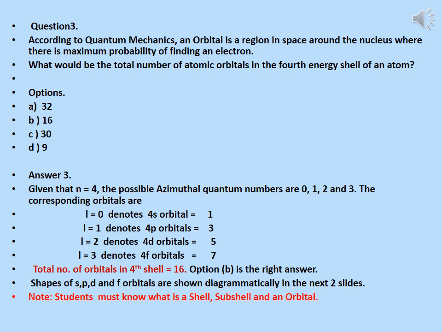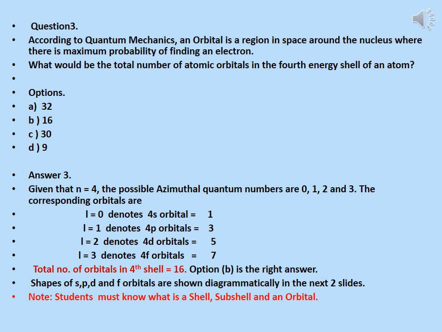If L, the azimuthal quantum number value, is 0, then it denotes an s subshell and an s orbital. This s orbital would be the 4s orbital, and there is only one type of 4s orbital. Then if L is equal to 1, it denotes the p subshell with three different types of p orbitals: 4px, 4py,